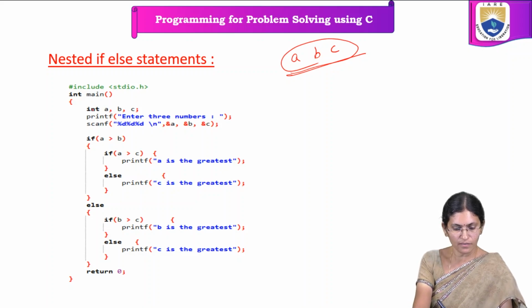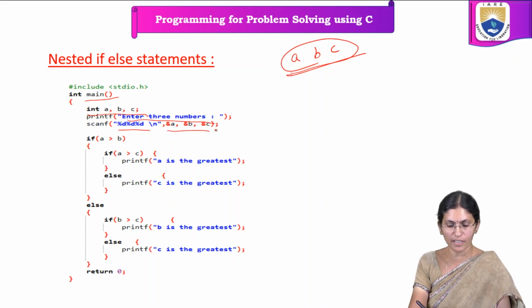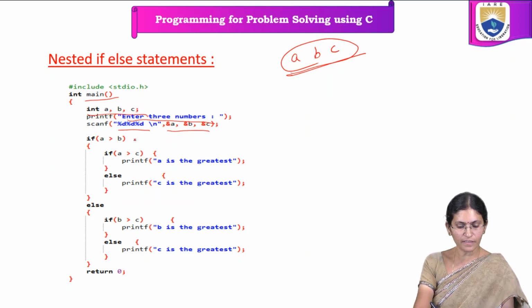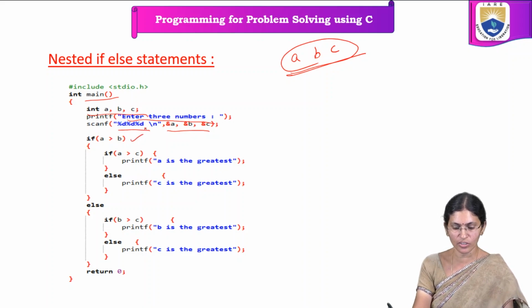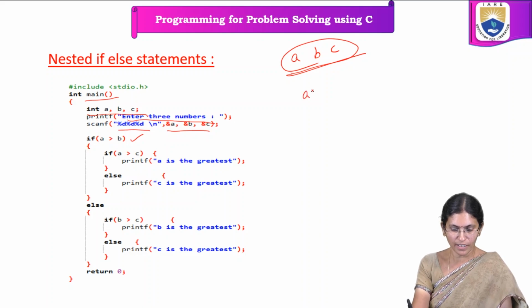So consider, we have declared three variables A, B and C. Here we have written printf, enter the three numbers. By means of the scanf function, the three numbers are read into the variables A, B and C, belonging to integer data type. So the first condition we are checking here is whether A is greater than B. If this condition is true, then